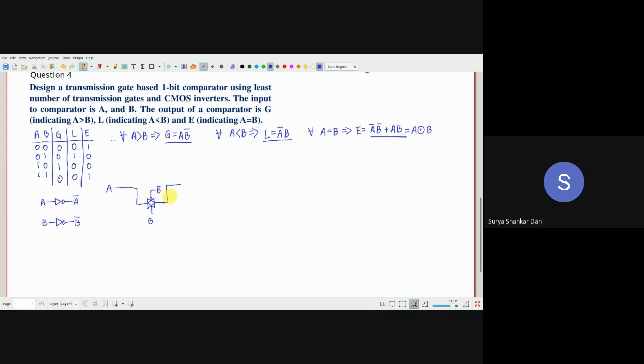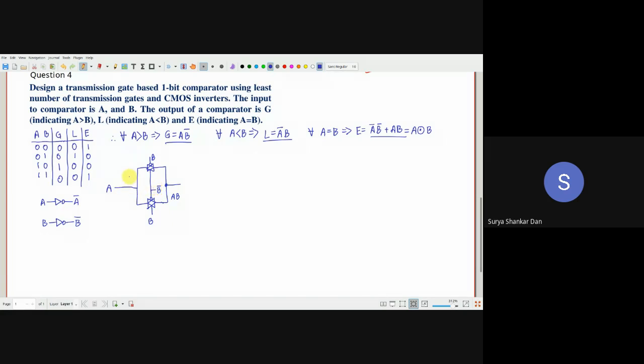So what does this give you? This is A into B. So it is wired OR logic, right? So basically what we shall do is we will put another one. Here, put one big dot. Here a bubble, and this we will connect to this B bar, and here I shall again put this B, which will come over here.